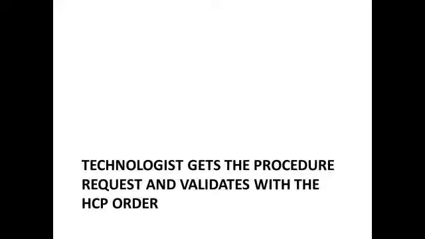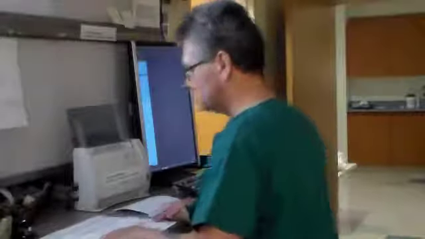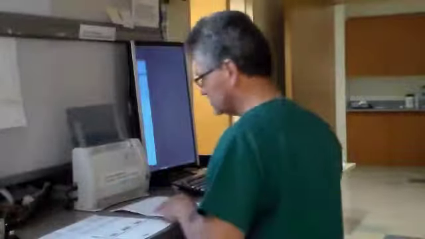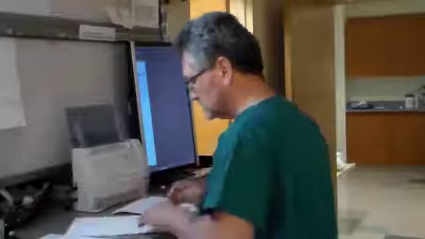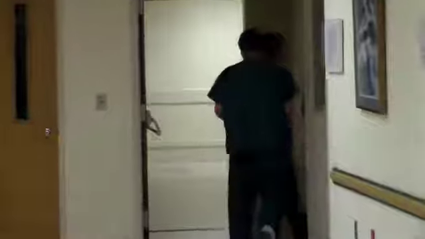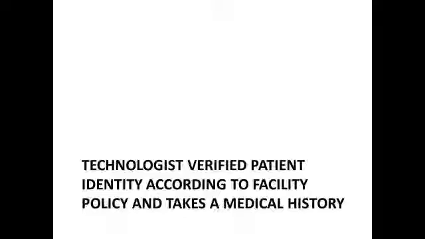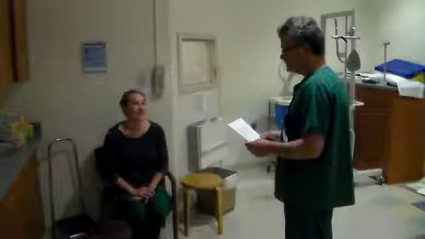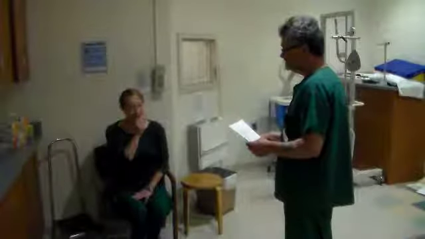The technologist must ensure that all the paperwork matches and the patient information is true and correct. The technologist may now retrieve the patient from the waiting area and bring them to the exam room. The technologist will then verify the patient's information by verifying the patient's name and other patient identifiers and take a complete patient history that will be relayed to the radiologist later on. The history will include all signs and symptoms that the patient presents with that are related to the imaging procedure